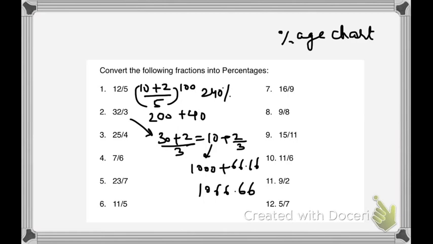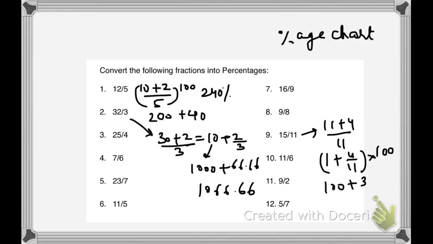So now coming to the third example, that is 15 by 11. So 15 can be written as 11 plus 4, divided by 11. So what we get is 1 plus 4 by 11. Now this 1 on multiplying by 100 will give you 100, and this 4 by 11 has a corresponding percentage of 36.36%. Okay, so the overall percentage will be